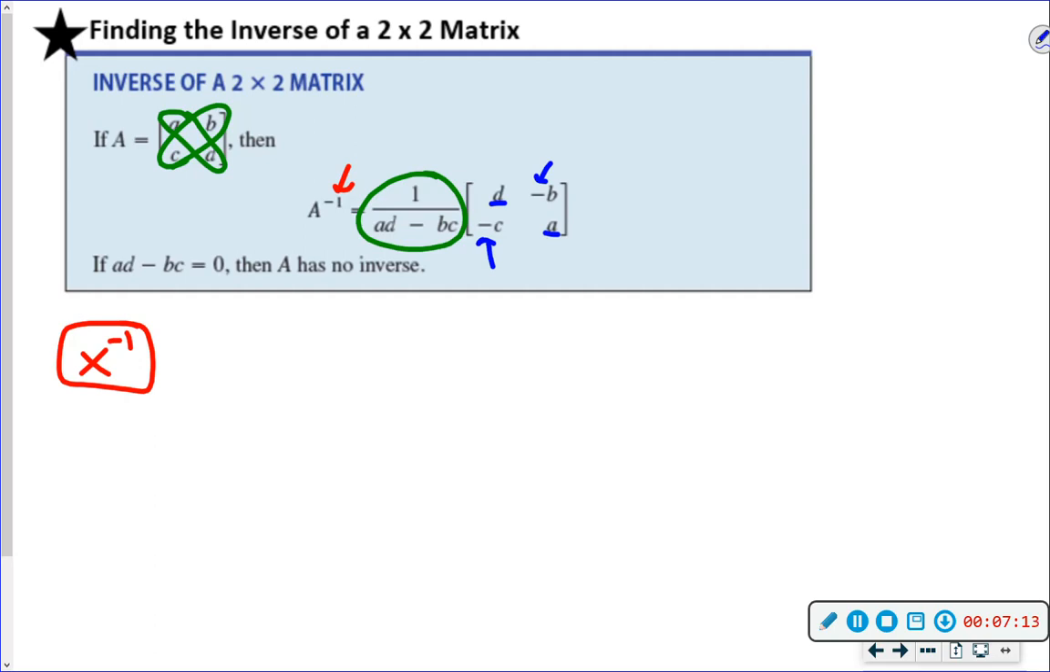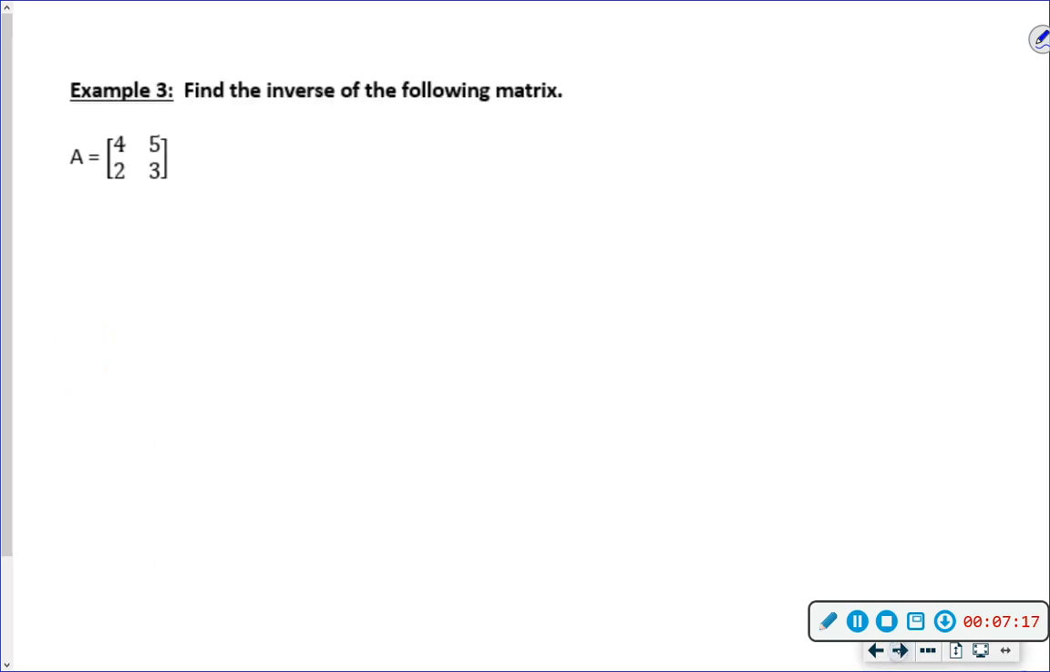So first thing I'm going to do is this part, the AD minus BC. Well, let's flip the page. So I'm going to do AD, 4 times 3, and then I'm going to do the B times C. So first calculation I'm going to make is that. 12 minus 10, I got 2. So when I'm doing my inverse, it's going to be 1 over the 2